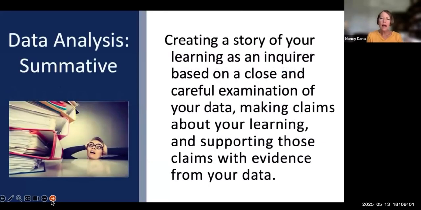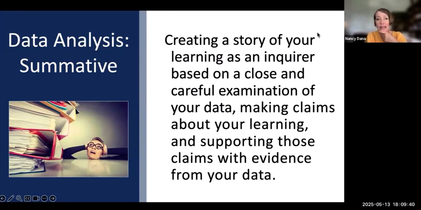there's also summative data analysis, and that might be a little different than what you're used to. So summative data analysis happens after all of your data for an inquiry is collected. And it is defined simply as creating a story of your learning as an inquirer based on a close and careful examination of your data, making claims about your learning, what you learned, and supporting those claims with evidence from your data. So think back, for example, to our